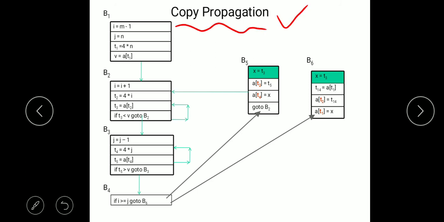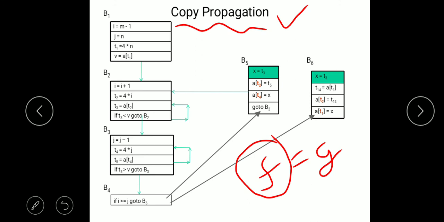In copy propagation, for any statement f equal g, wherever f occurs in any later statement, replace f by g. That means for all occurrences of f you need to use g. So this is known as copy propagation, and we will apply it here.